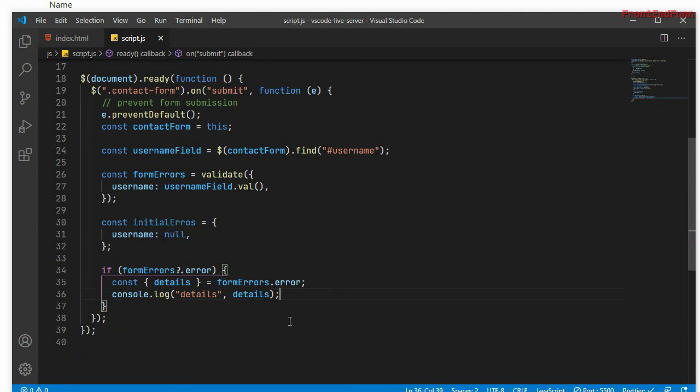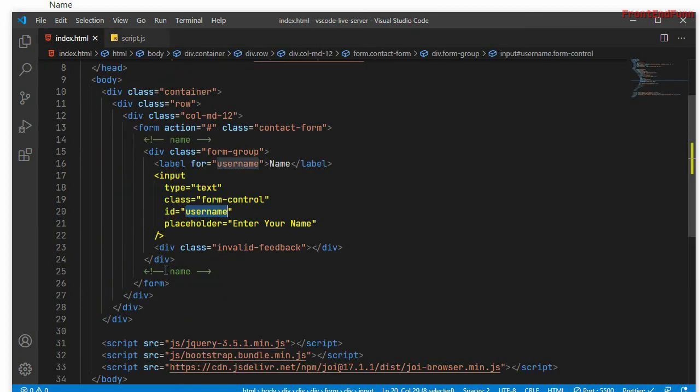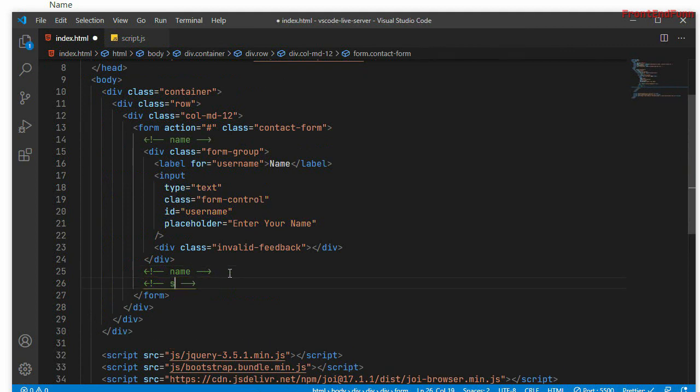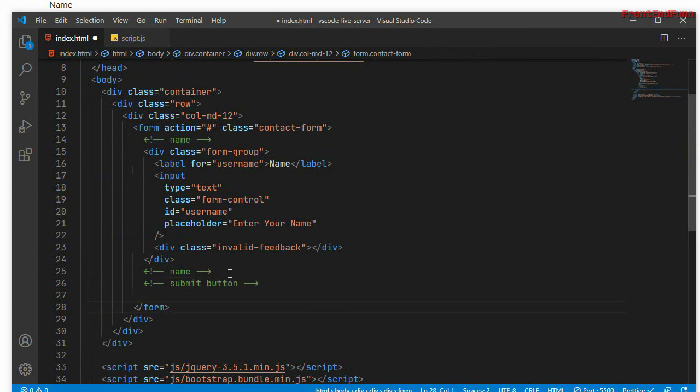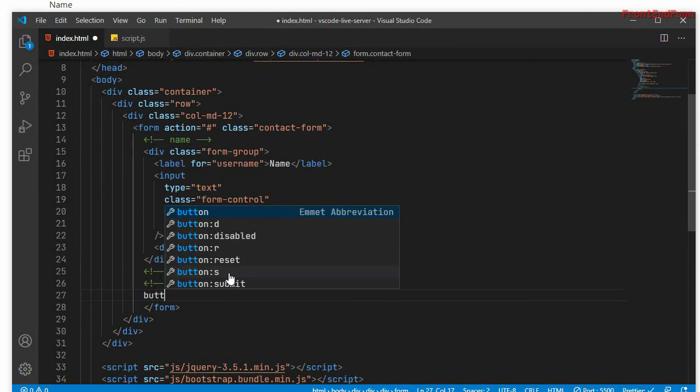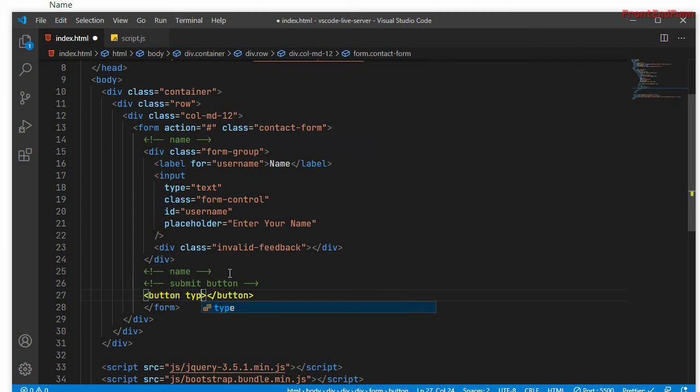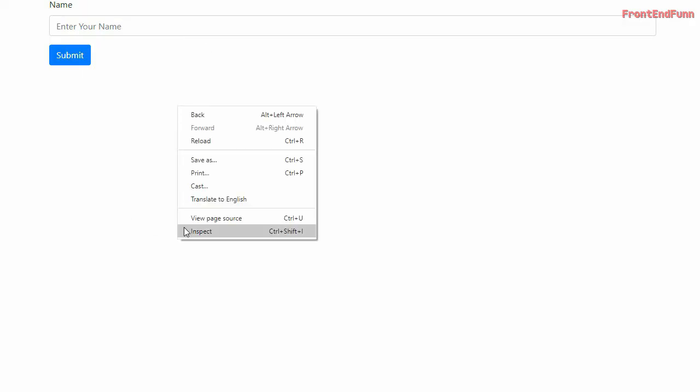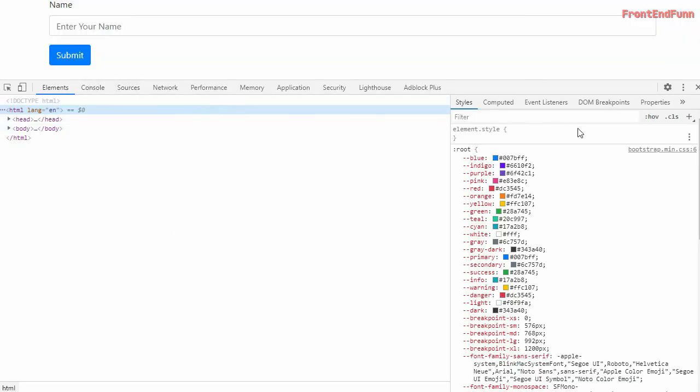First let's try submitting the form and see the errors here. I need to write a submit button. All I can do is button and type submit, and let's give it a class of btn hyphen primary submit. I'll just open the console.